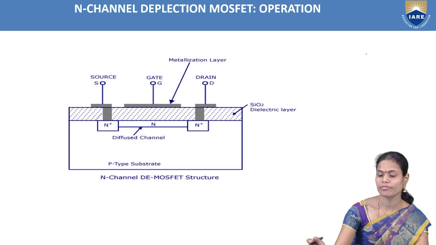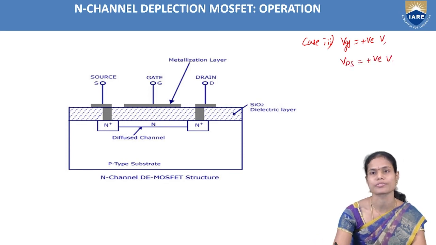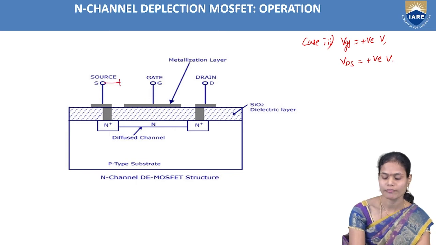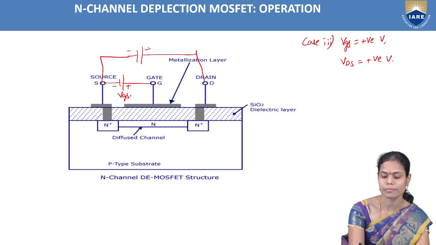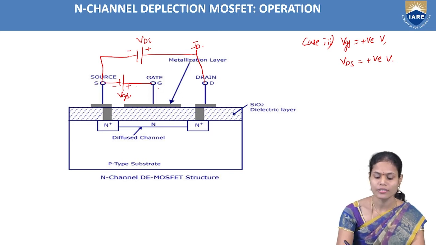Similarly, for the third case, we provide a positive voltage between the gate and source, this is the VGS voltage, and a positive voltage between drain and source also, this is the VDS voltage. The ID current is flowing here because of the applied VDS voltage. But when you provide VGS as positive,